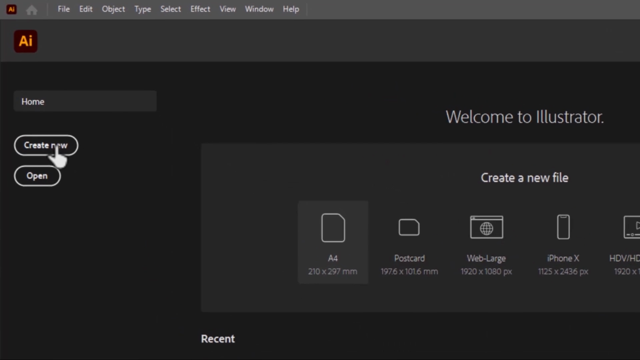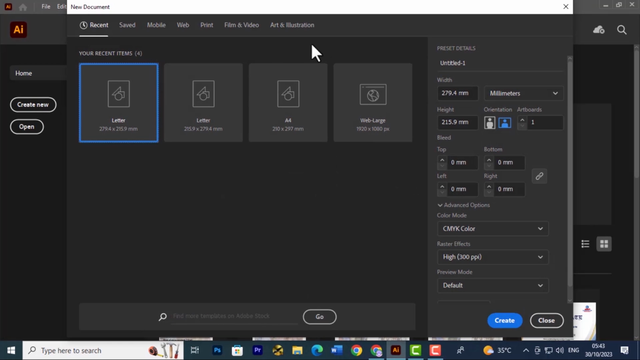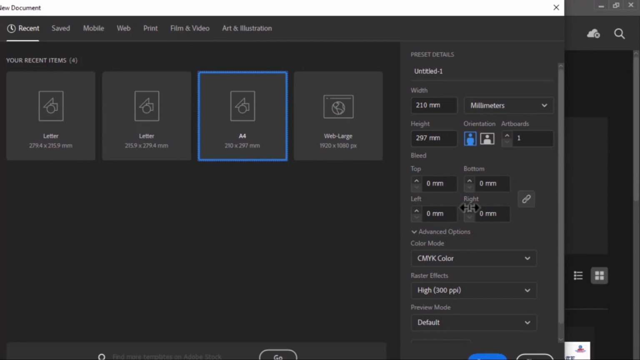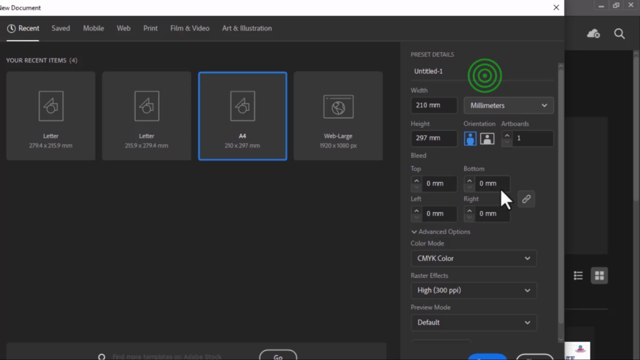So let's come over here and click on create new. Now this will come up. From here you can customize your document. So recently I've used a letter, an A4, or a web large. So let's see, if I select an A4, we have the details, the properties of this size. So we have the width and the height, whether you want it in millimeters, pixels, points, or centimeters. You can come in and change a few things, whether you want it to be landscape or portrait, the color mode,